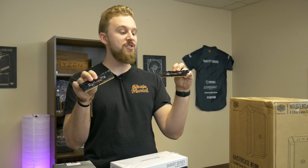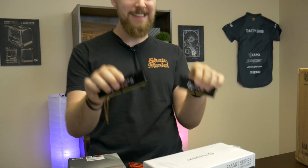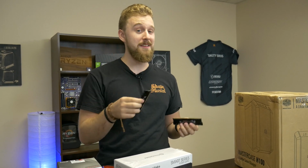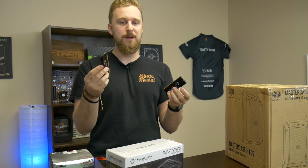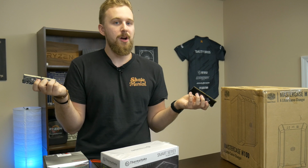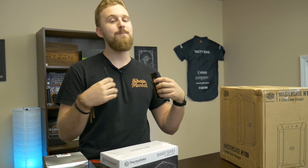Now for the RAM, we have two 8GB sticks of G.Skill Flare X memory at 3200 MHz with a CAS latency of 16. Now when it comes to Ryzen, getting that fast memory and low latency memory is a really good option, and 16 gigs is so cheap right now. This kit was around $70 at the time of filming this video, and honestly it's a no-brainer to go with 16 gigs of RAM in a system like this, especially when we're trying to go for a better system overall